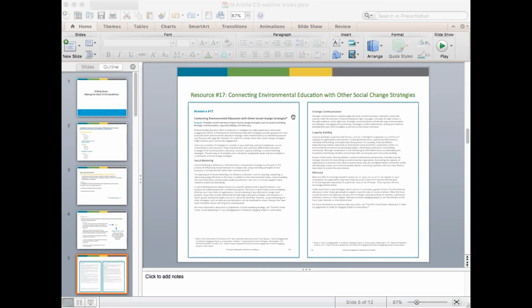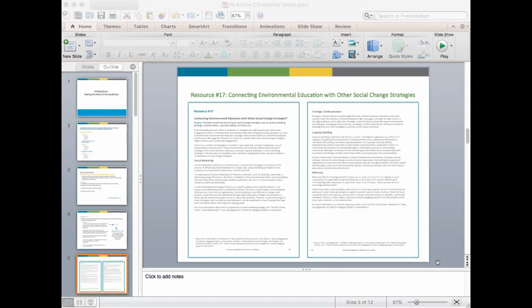She hasn't taken that step yet to sort out which EE strategies and methods she's going to use. She can go right to that resource and back up and start from the beginning, but she's beyond that point right now. She just wants to know a little bit more about these other strategies. So, social marketing, and there's an overview of that, and then there's a place to get more information.